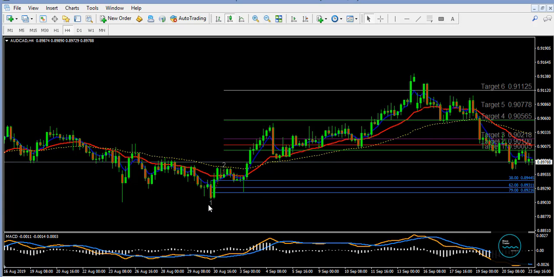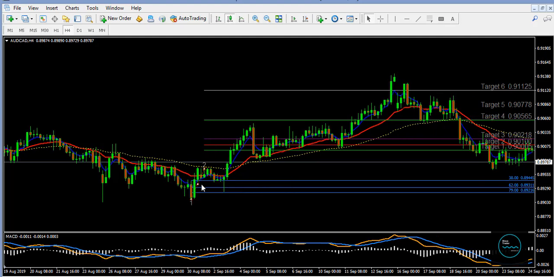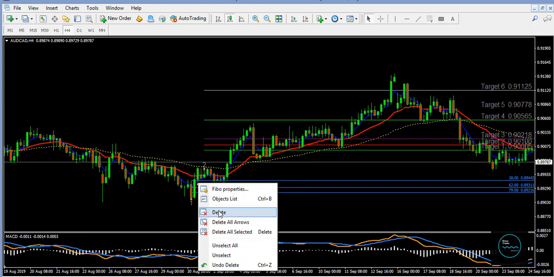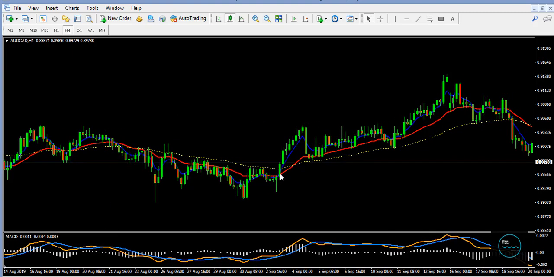Even if you had placed your stop here below the number 1 point, at no point in time would you have suffered any drawdown. So that is one way to use the profit target calculator. Let's see, the second way you can use it, the second way you can get into the market, entry, is